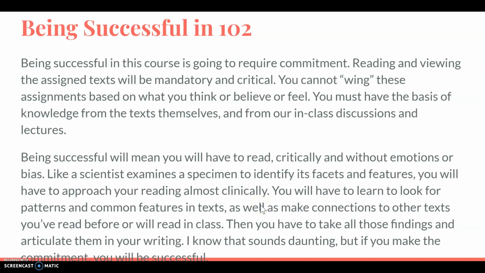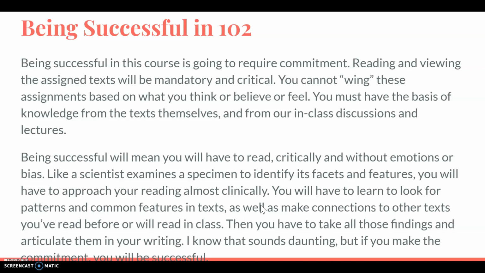Okay. I just said that to be successful, it's gonna require commitment. Honestly, you can't wing anything that I'm gonna throw at you this semester. Before in 101, it might have been a lot easier for you to throw something together at the last minute. However, this is not that, and it's going to really require you committing your time, committing your efforts. I'm going to guide you through every step of every process, but you're going to have to commit to taking the time to go through those processes with me, okay?